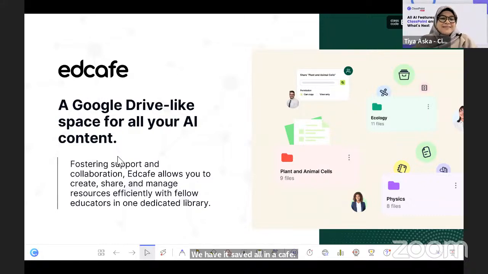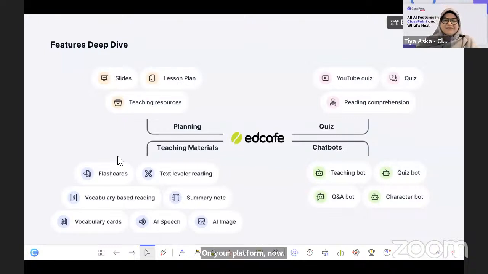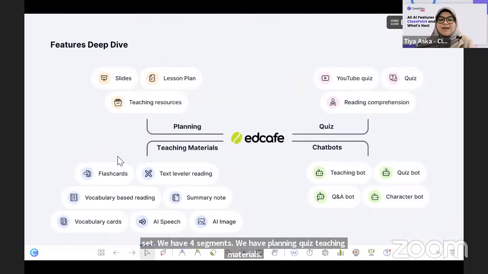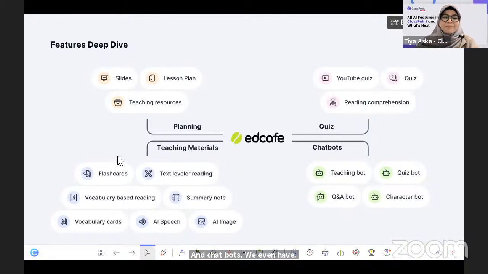Now, this is what it looks like. In the future, the complete set, we have 4 segments: planning, quiz, teaching materials, and chatbots. We even have 4 different kinds of chatbot. And upcoming, we have differentiated instructions, Bloom's taxonomy levels, and of course many more to come,